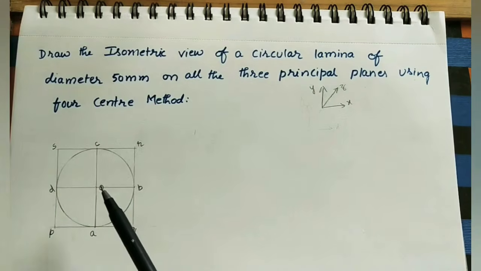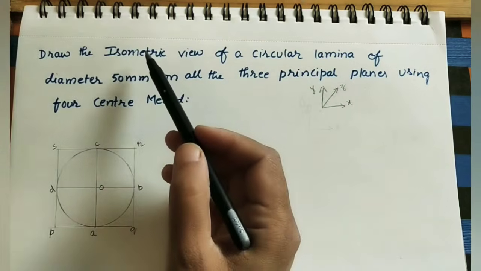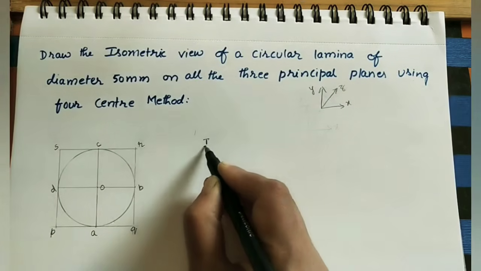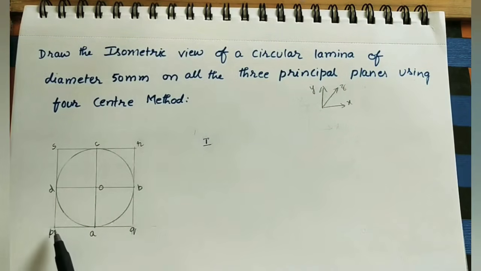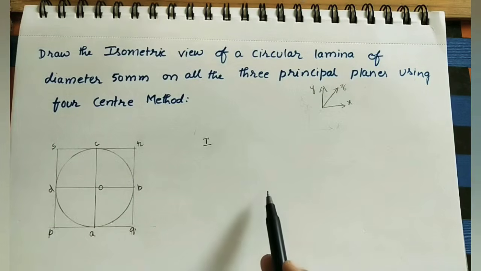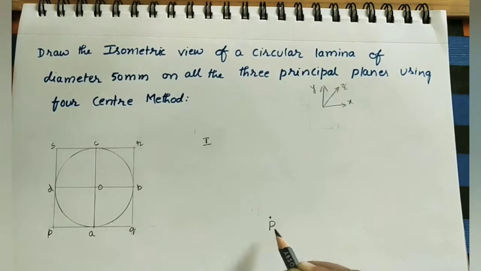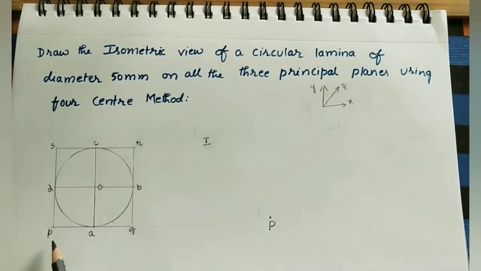Okay, this is a two-dimensional diagram, that is the orthographic view. For this we have to convert into isometric view, and in it also we have two methods. In the first method, we are taking the initial point, that is the P point. In isometric view we are taking the capital letters. Take the P point at any place. Here I am taking this as the P point. So in isometric views we are taking the capital letters.